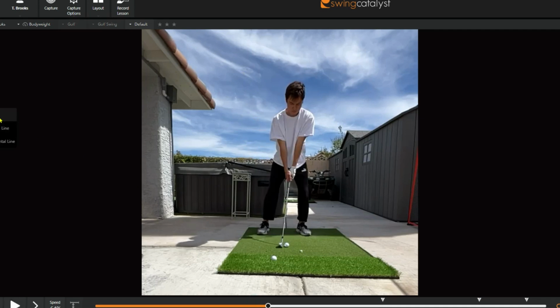So we draw a line in Barney purple straight from the ball to the sky. We can see a majority of the weight is sticking over his left side. Now this is okay for those that want to do stack and tilt. We do have a slight forward press, which again is okay for somebody that wants to do stack and tilt. Now the one issue with this is you have to carry that angle down at impact to make this work,